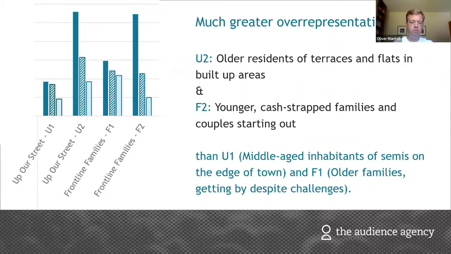So this is just that zoomed in bit of the chart, and as you can see, they're massively more overrepresented in the category 1 areas than their equivalent other subsegment. So up our street 1, which tends to be a bit more middle-aged, is only slightly overrepresented. The older up our streets category is massively overrepresented. Frontline families 1, which tends to be a bit more middle-aged, is only slightly overrepresented. Frontline families 2, which tends to be younger in that instance, is massively overrepresented. So it's really these 2 key groups that stand out as the distinctive profile of people within these